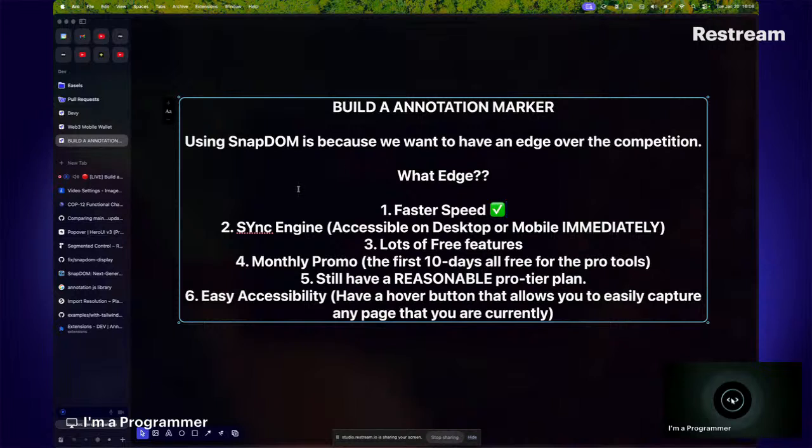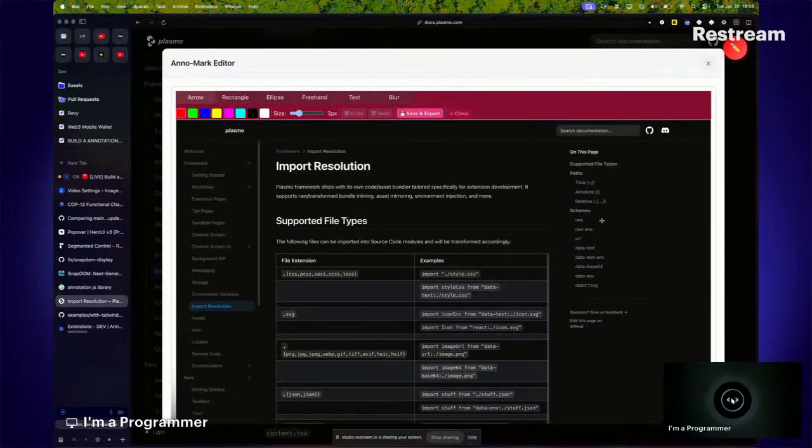So the second thing we have here is our sync engine. Sync engine means accessible on desktop or mobile, but we can't build the sync engine yet if we don't even have the implementation working perfectly yet. But we can see that if you trigger it, it triggers fast. So that means there's a very fast trigger speed, or very fast implementation speed or execution speed, that when